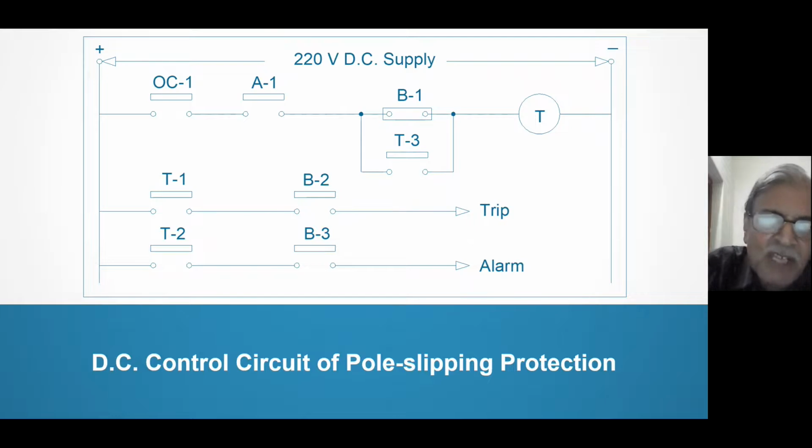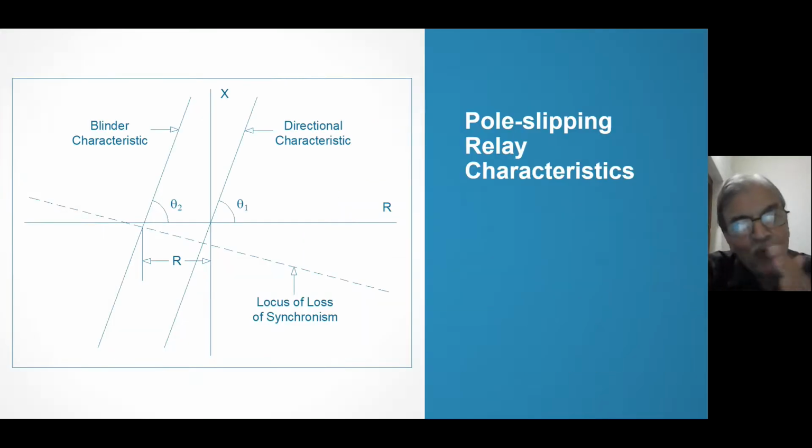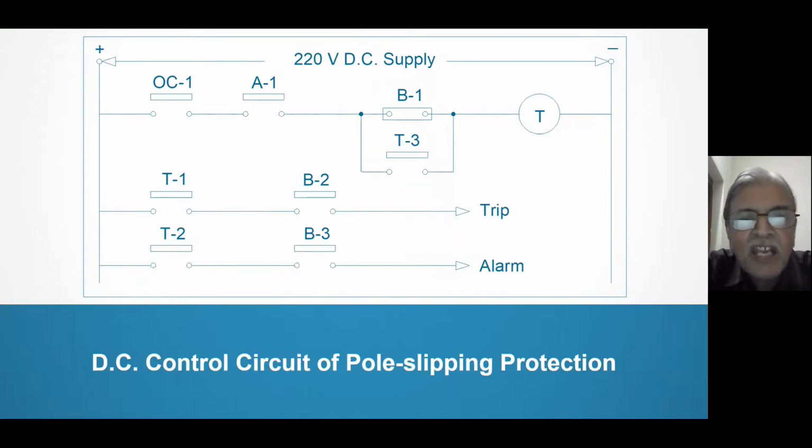Now the impedance seen by the relay will cross B. So when it crosses B, what happens? B1, B2 and B3 are energized. B1 will open out. But T is still energized because of T3. B2 and B3 will give alarm and class A trip. This is the DC control circuit of pole slipping protection. Very interesting